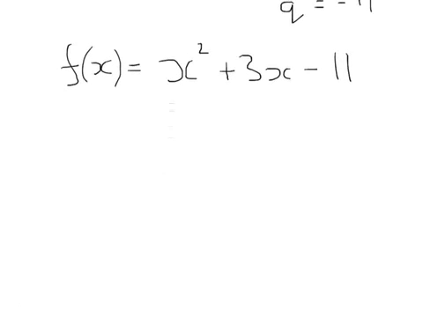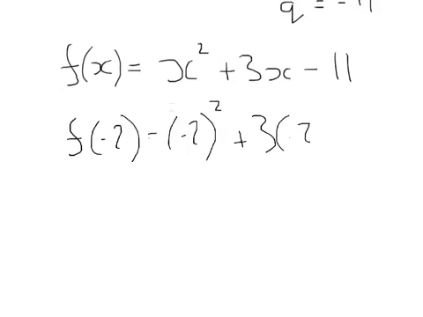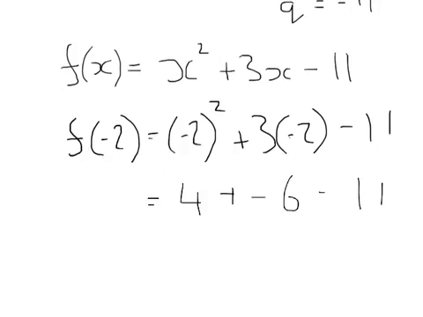So f of minus 2 equals minus 2 squared plus 3 lots of minus 2 minus 11. So minus 2 squared is 4, plus 3 lots of minus 2 is minus 6, minus 11, which is 4 minus